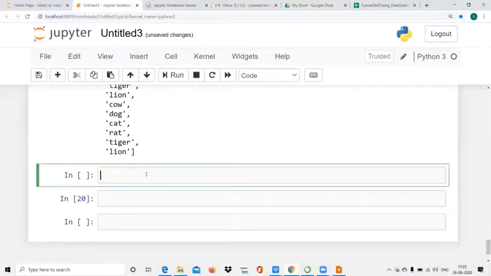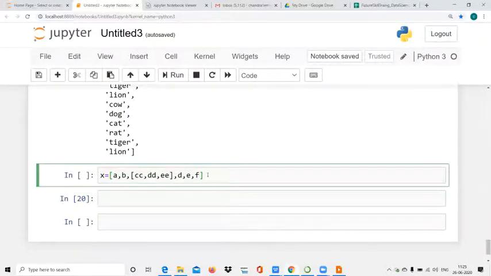So X equals a list. What is the list? A, B. Inside that I am putting one more list: C, D, E, and then D, E, F. Okay, right.